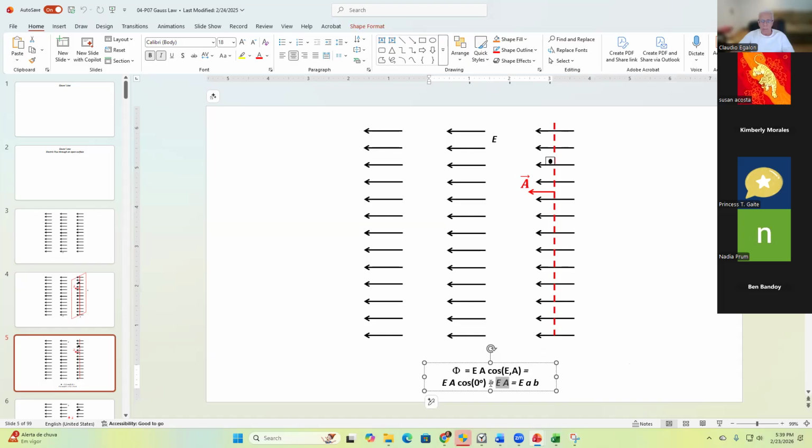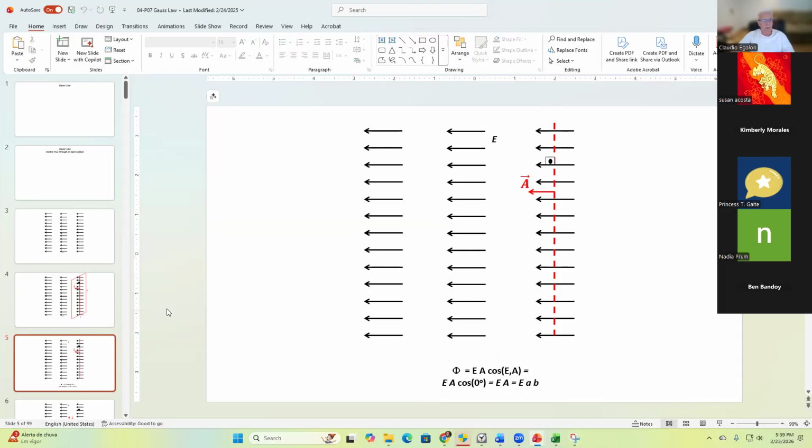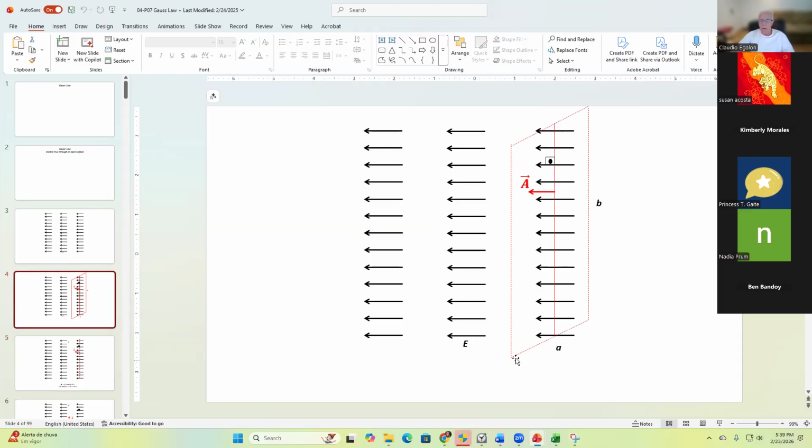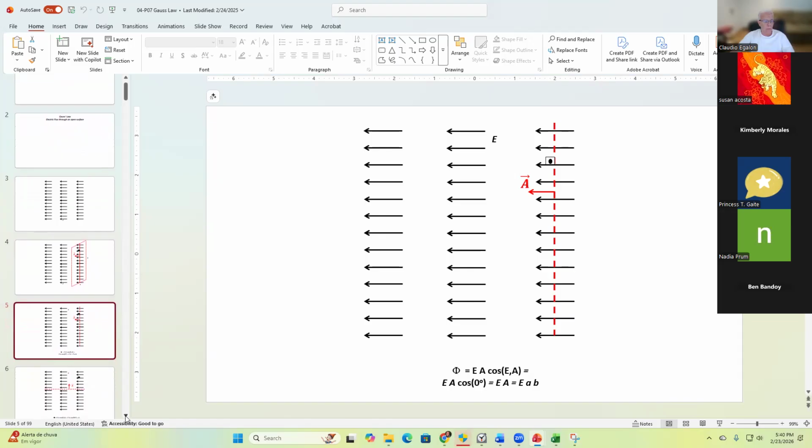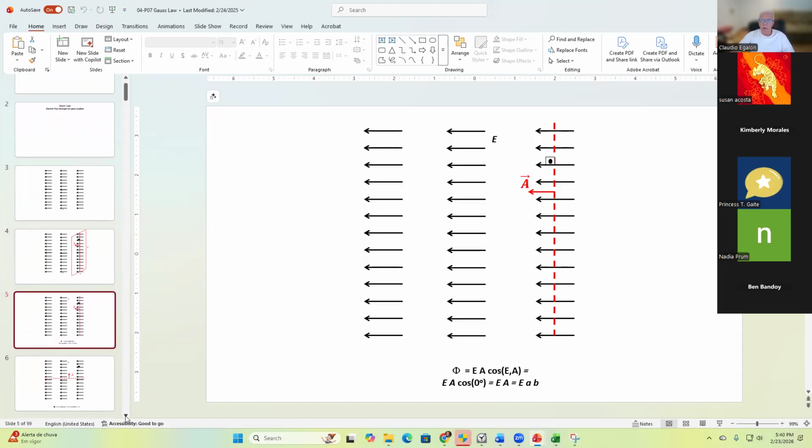Where big A is one side of the plane multiplied by the other side of the plane, right? What lowercase a and lowercase b is all about is exactly what you see right in here: the width of my plane, and let's say the length of my plane B. That's how we determine the flux. But that's a very simple flux here. That's the case of the flux of a uniform electric field. If the electric field is not uniform, it may be a little bit more difficult to calculate the flux, okay? But let's keep on